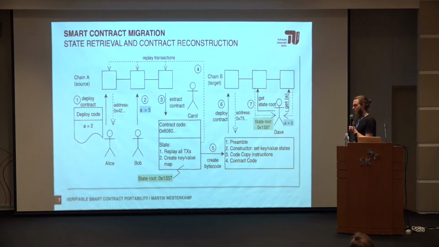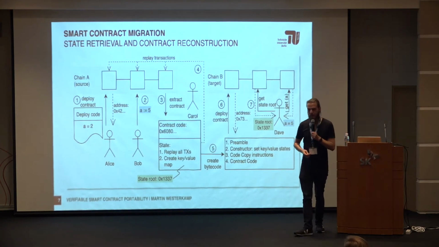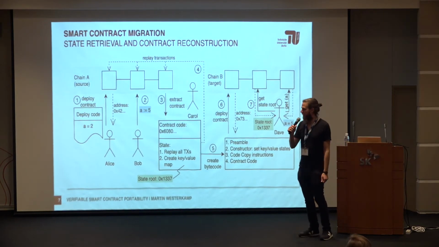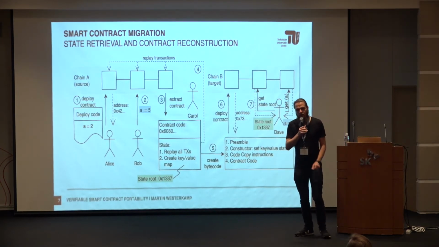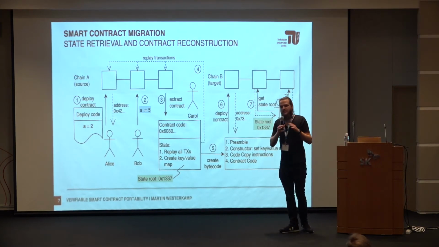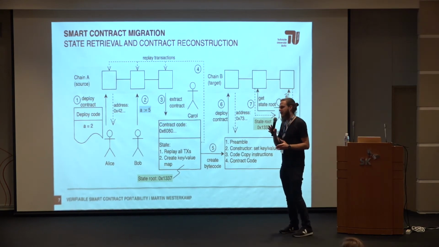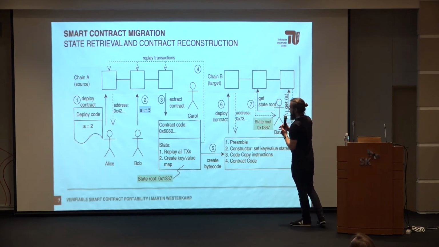So how does this work altogether? Here we have an example of the entire workflow. In the beginning, we have Alice who deploys a smart contract with only a single variable a, and in the constructor a is set to 2, and in the second step Bob then sets a to 5. Now Carol comes in, she has nothing to do with that smart contract, so she doesn't have to be the owner,